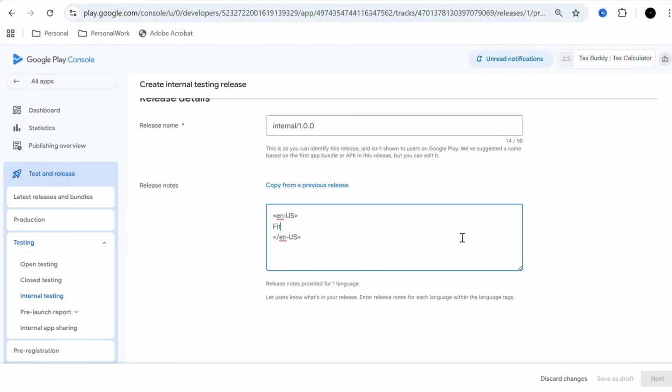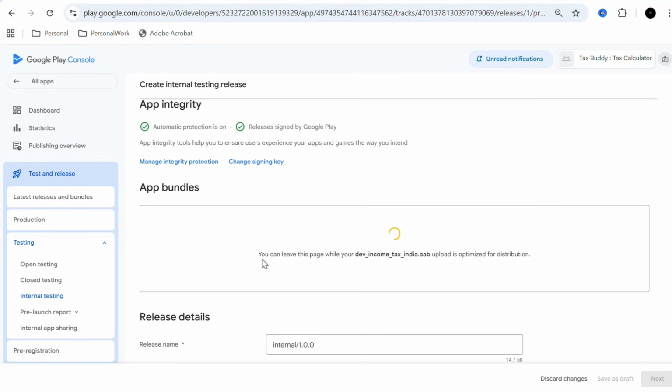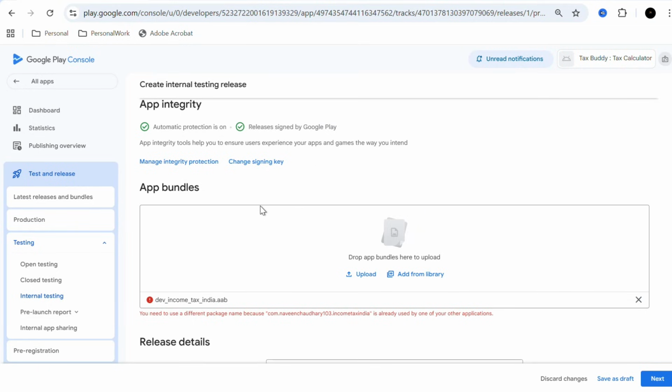So it is internal testing product, and then this is done. This is right now doing the optimization. As I told, it was earlier 78 MB, but Play Store, okay, it is giving me some issue because